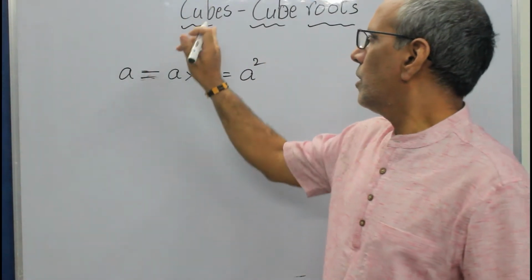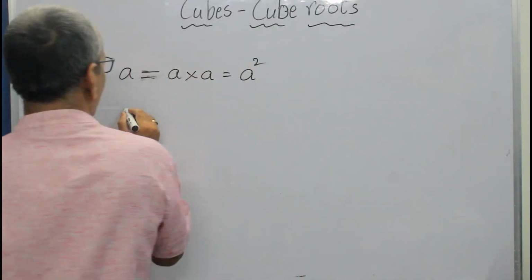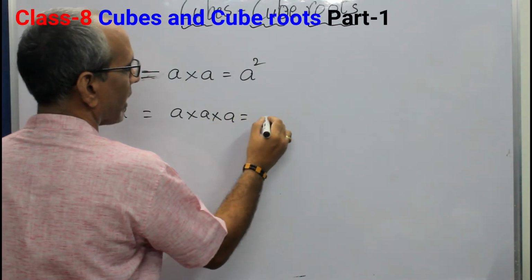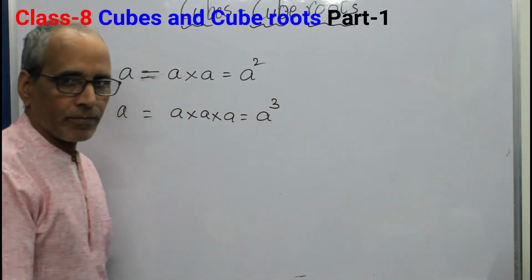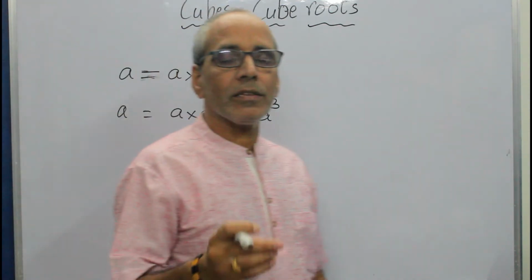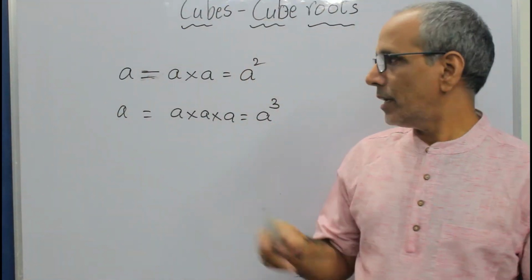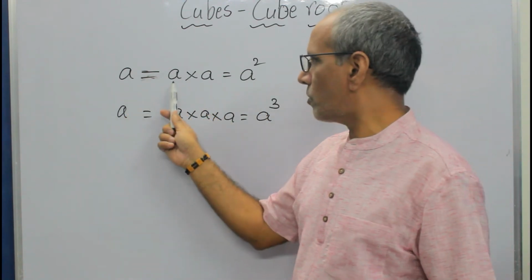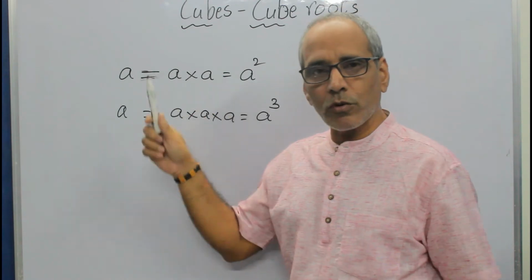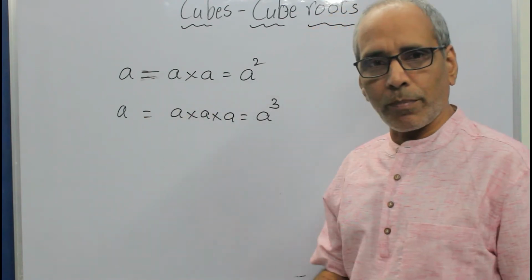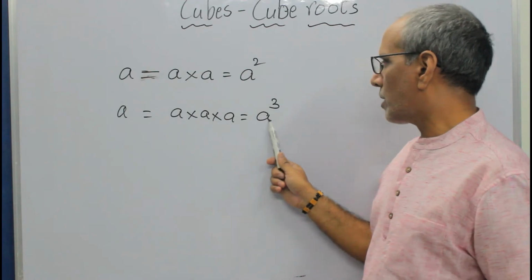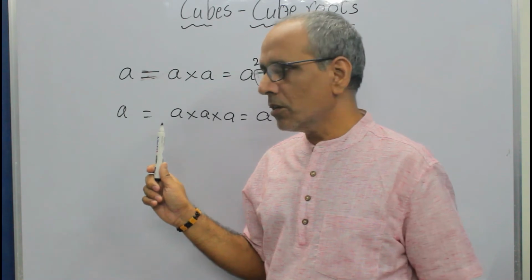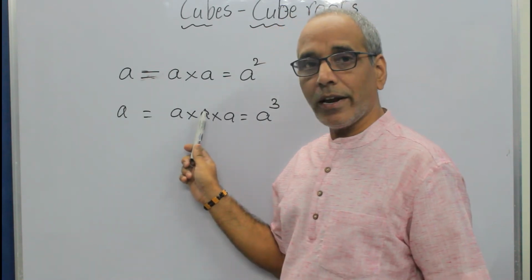In the same way, cubes can be obtained when a number is multiplied by itself thrice. That means the number is raised to the power 3. So the third power of a number is its cube. Here a square number has two equal factors, and one of the equal factors is its square root. The same rule is applicable here. A cube number should be written as a product of 3 equal natural numbers, and one of those natural numbers is its cube root.